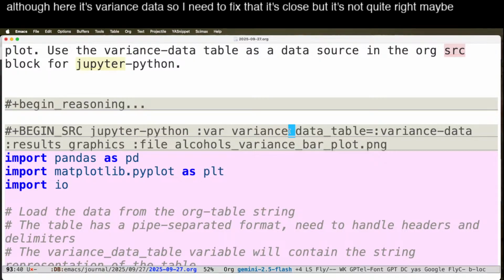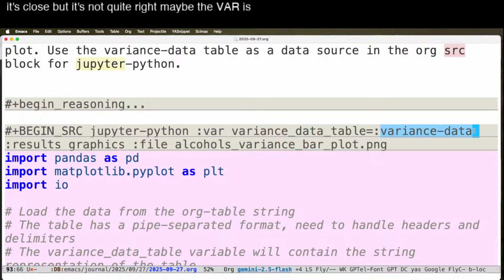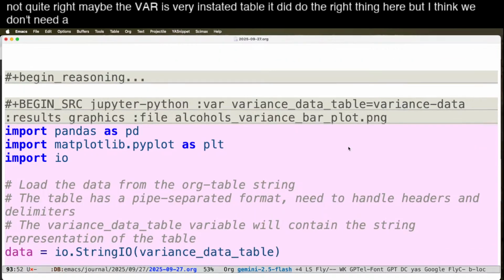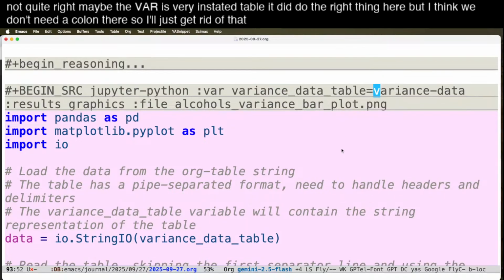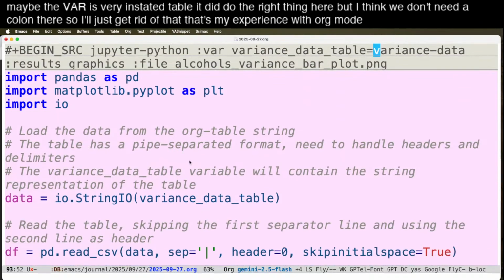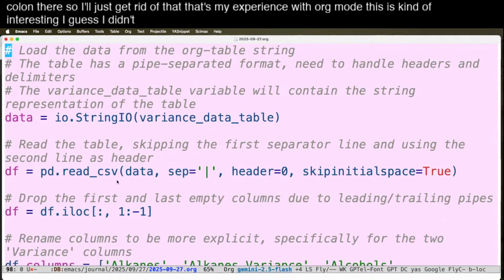Maybe the var is variance data table. It did do the right thing here, but I think we don't need a colon there. So I'll just get rid of that. That's my experience with org mode. This is kind of interesting. I guess I didn't think it would do all of this